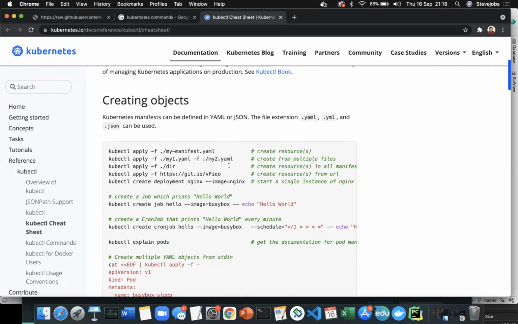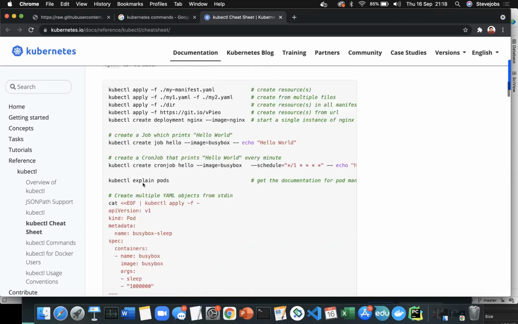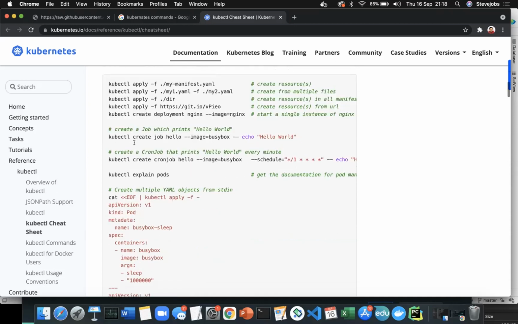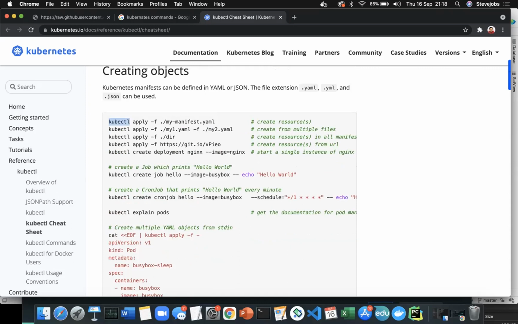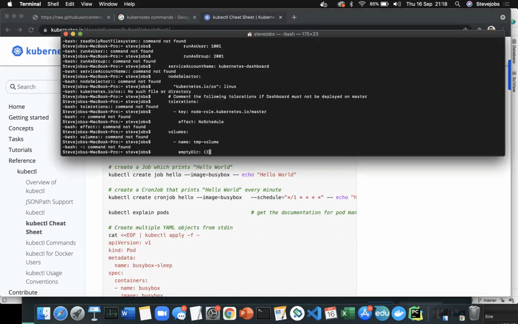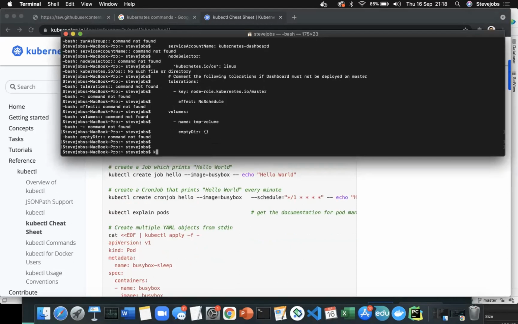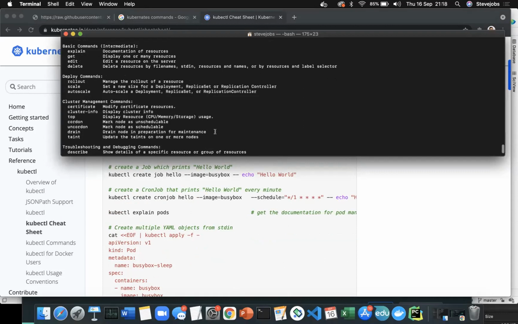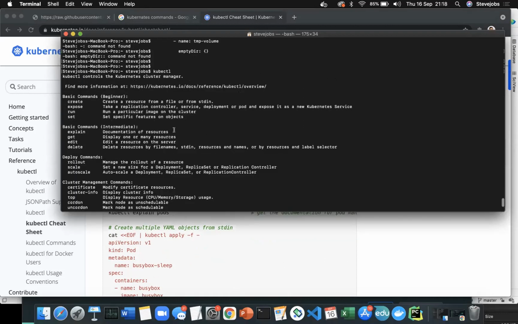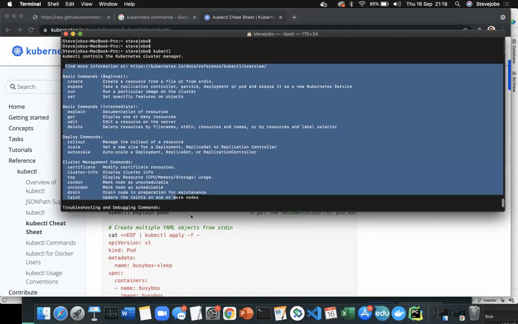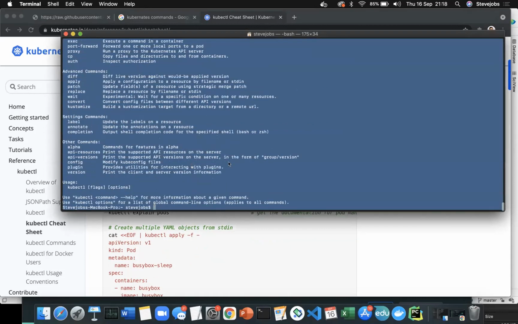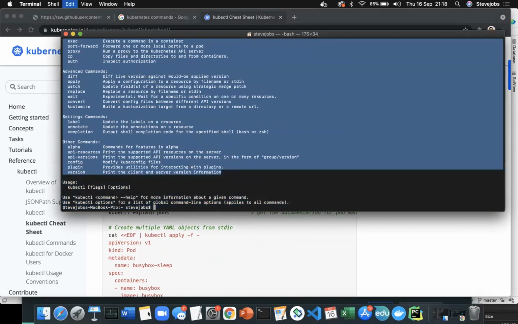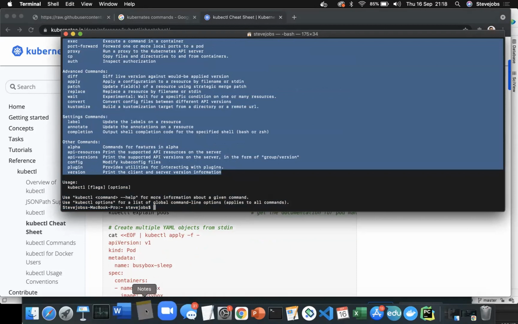So what I'm trying to say today is, if you want to run Kubernetes, you need to use a command line called kubectl. So this is a command line. You can see here, it has all these commands, and it is very self-explanatory. If you want, I can copy paste it and keep it with you, and I can put it in as your notes.